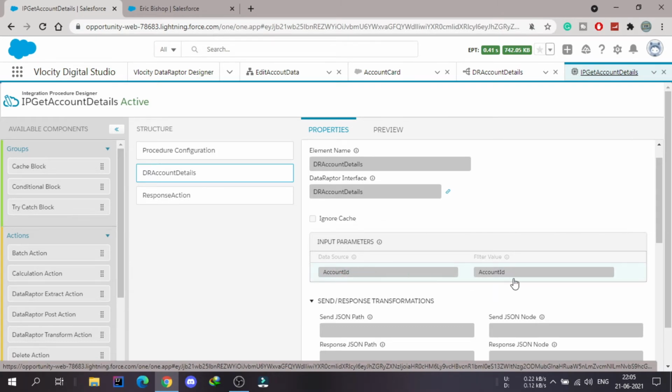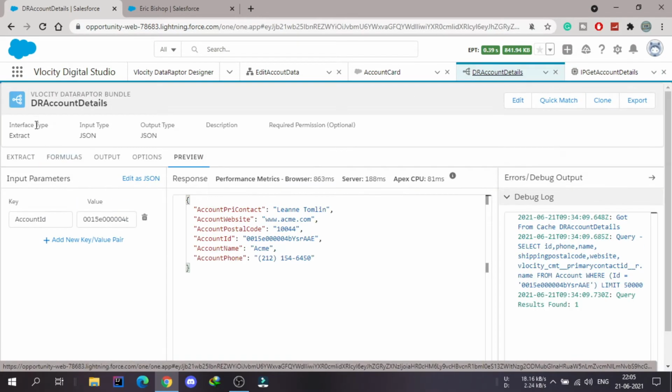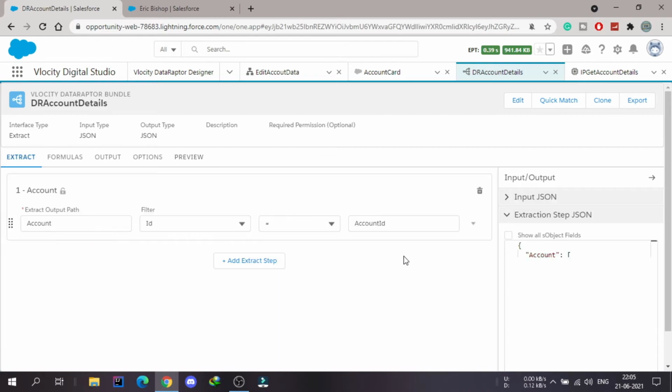So the key and the value are getting passed to the data raptor, and inside that data raptor we are expecting the account ID. So inside this account extract we are using that key which contains the value, that is the actual record ID, so that we can create a SOQL query. This part of the extract defines the SOQL from part.